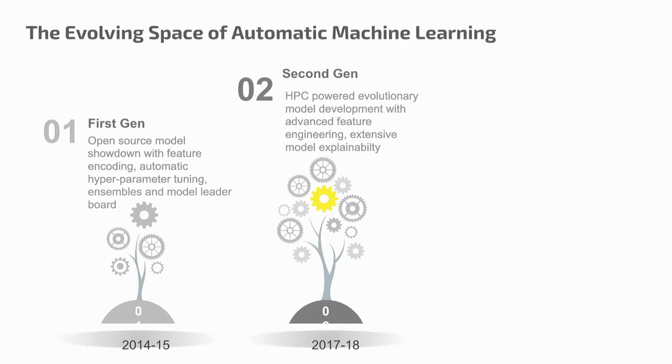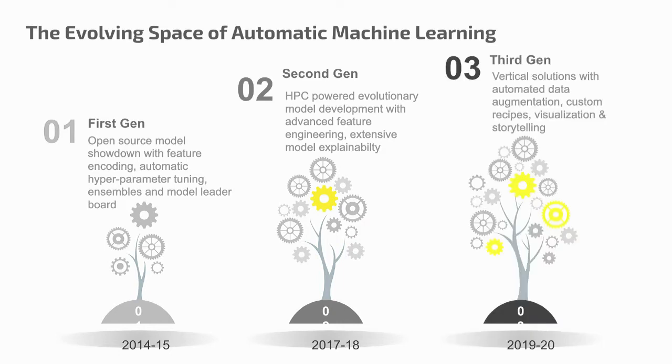And as we look at the second generation of automatic machine learning, we start seeing folks not just do some basic feature engineering and feature encoding, but much more advanced engineering, right, to better find the signal and noise in the data. And then there's also automating how you can get a deployment-ready model, because there can be different requirements when you want to go to deployment. So if you develop a model in Python, but your deployment environment is in Java, you might need to do a rewrite. So, hey, can I streamline that piece? Can I streamline the explainability of a model, the reporting of a model, right? So there are more and more aspects that we're looking to adopt to further automate the process, right?